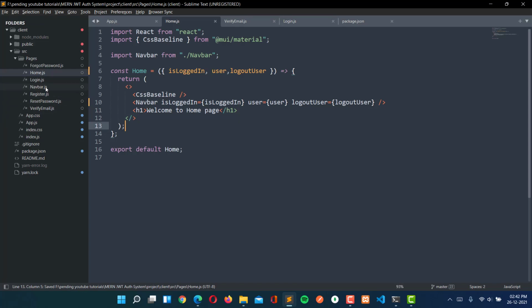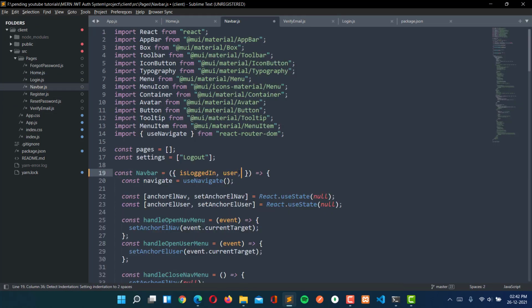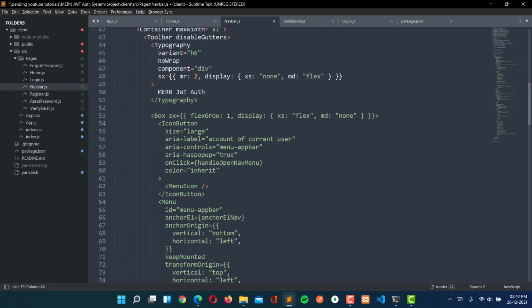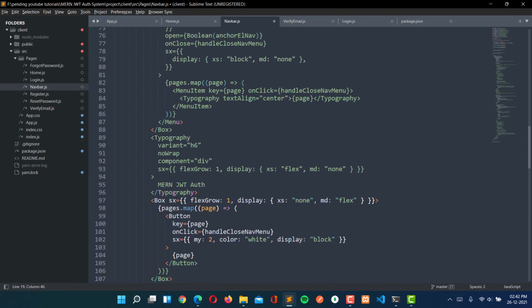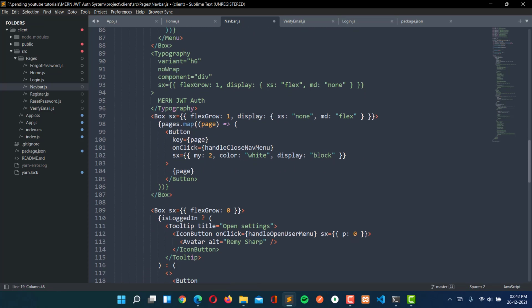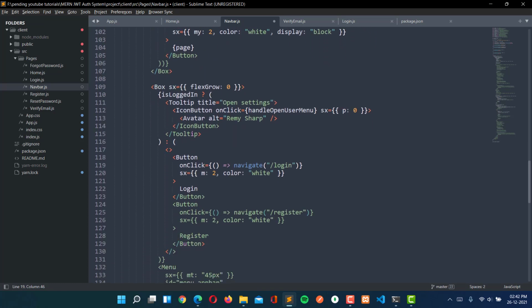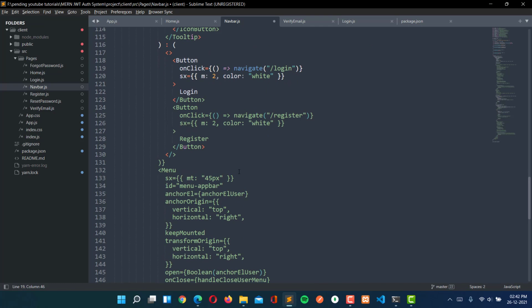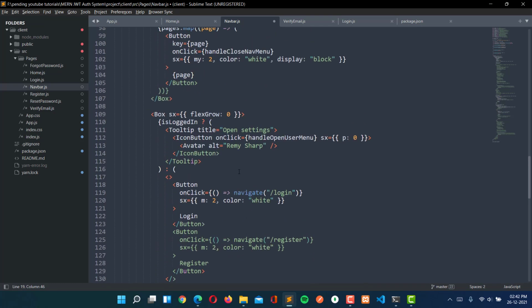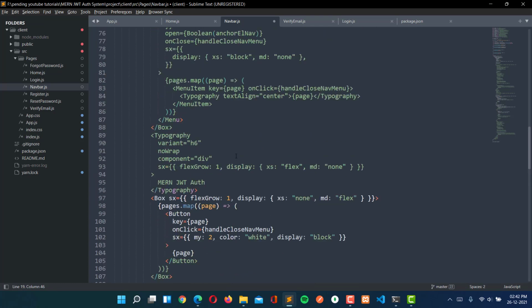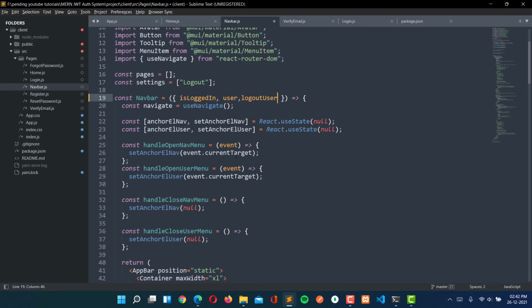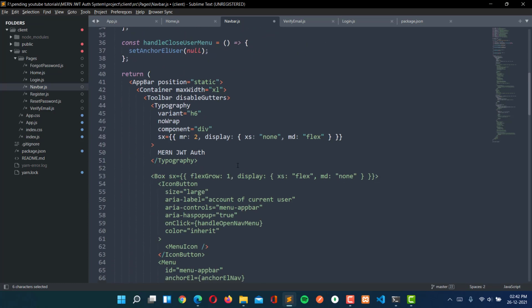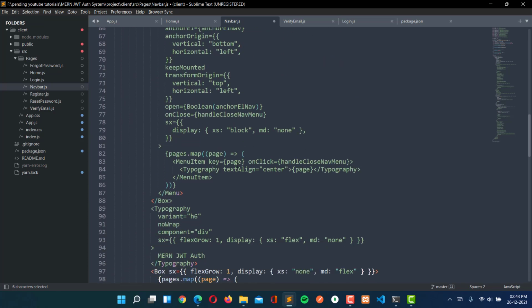And now let's go to the navbar here and let's fetch this, that is logout user, and let's go here at the bottom, and here we will go for the logout here. So this is login register. So here we are having the logout, so that is settings here.